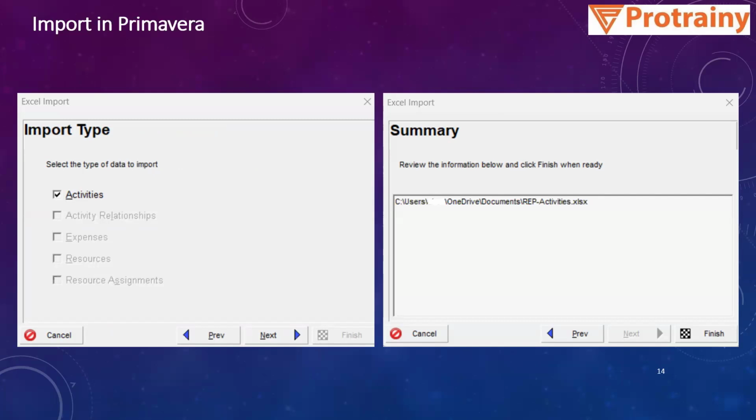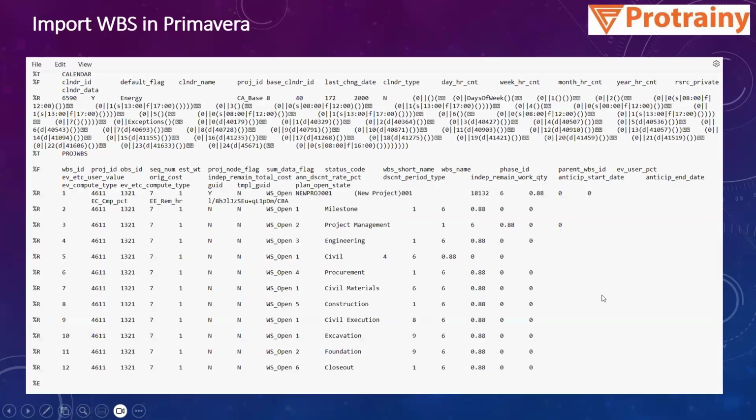Okay, so now if you see the options available, you can import the activities, you can import the activity relationships, expenses. Okay, you can import the resources, and you can import the resource assignments, that is the linkages. So this is also a snip of